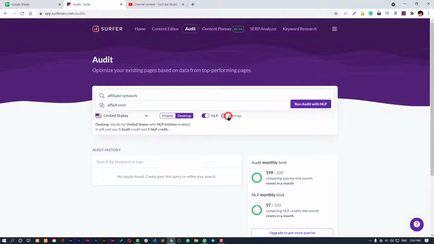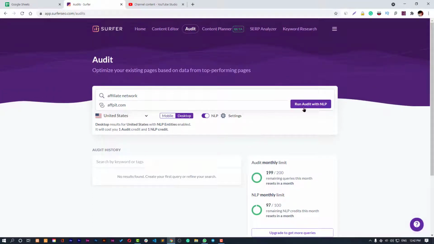So in settings you can see NLP entities, and you can choose the NLP provider, whether it's Google or Surfer, and that comes right from the Google API.